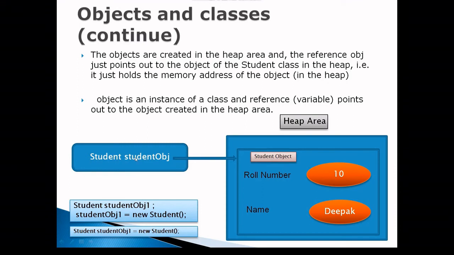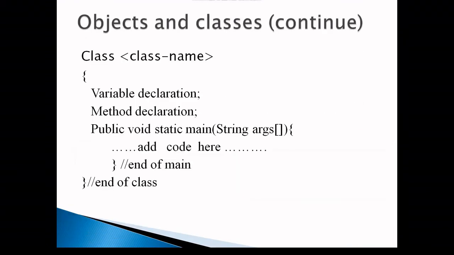When we assign it to the student obj reference, we can say that student obj1 is an object of this Student. When you write it in a class, you will get more clarity. So this is the basic template of how we can create a class. We can declare the variable, initialize the variable, then there is a method declaration also, and these methods are called from the main function, or we can also use different functions inside them.